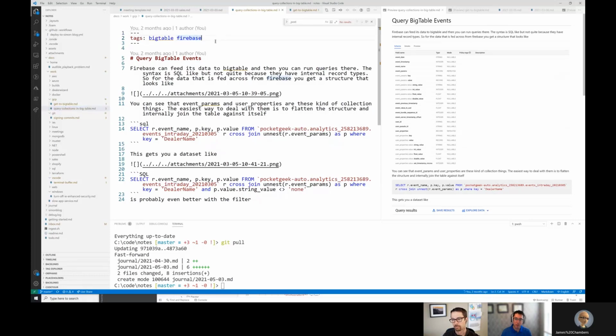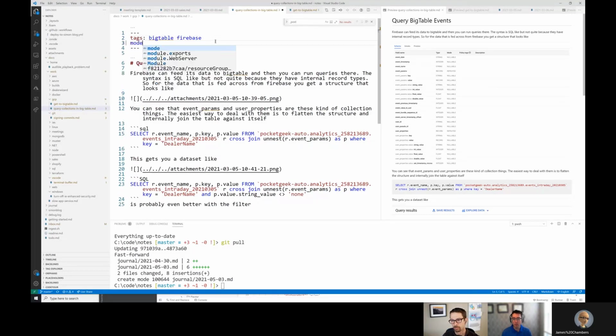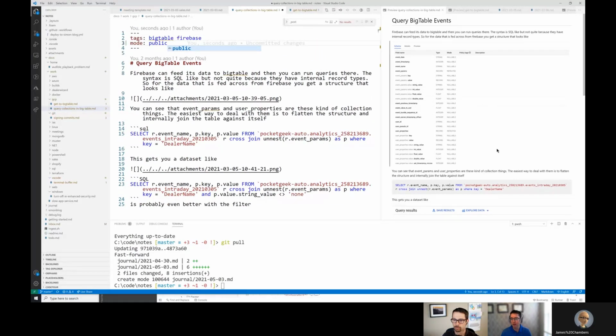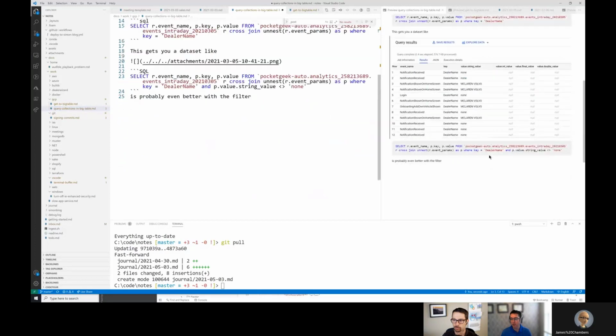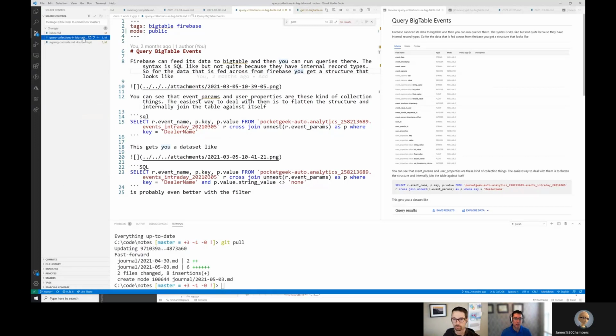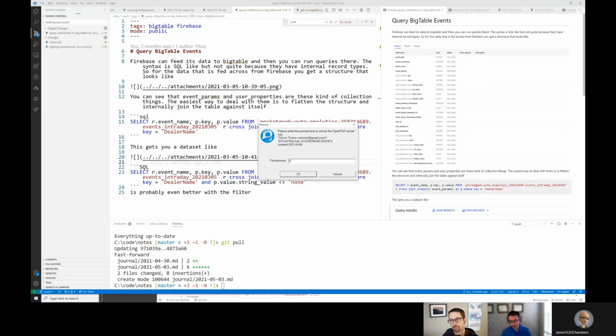So now what I have is I can just put in another tag here, mode public. And if I'm satisfied that something that I'm doing is redacted enough, or not revealing any information about clients and that sort of thing, I can just put this in here. This one feels like it's fairly safe. I can just hit save on this one and then publish this. Making post public.